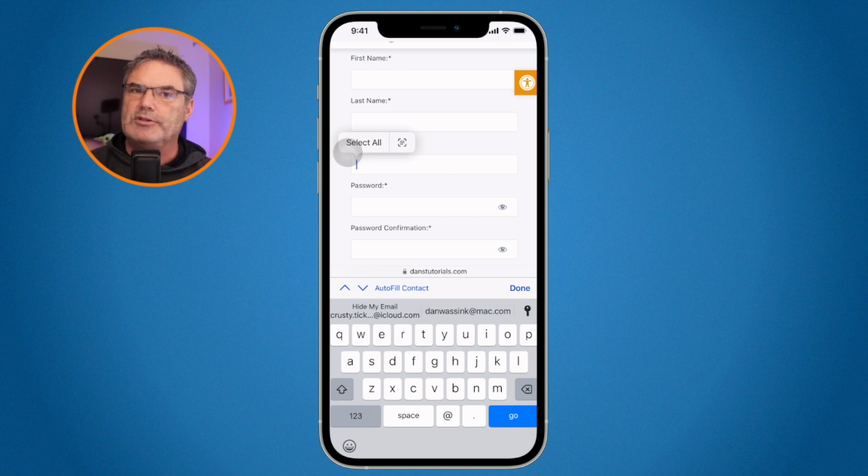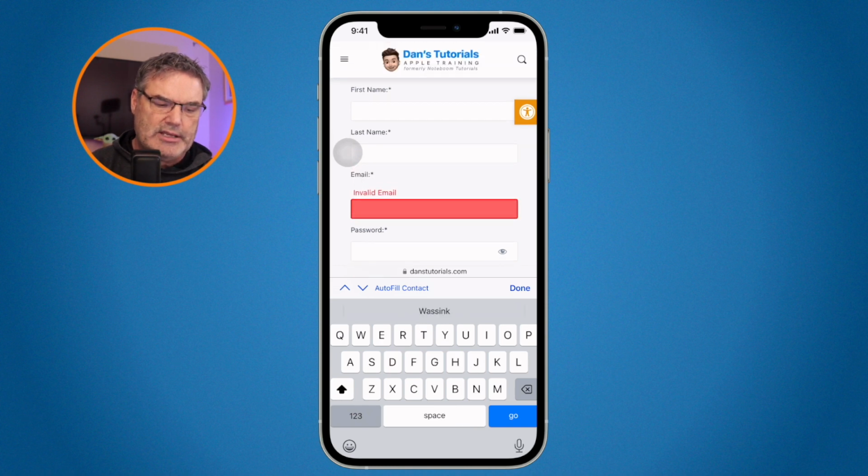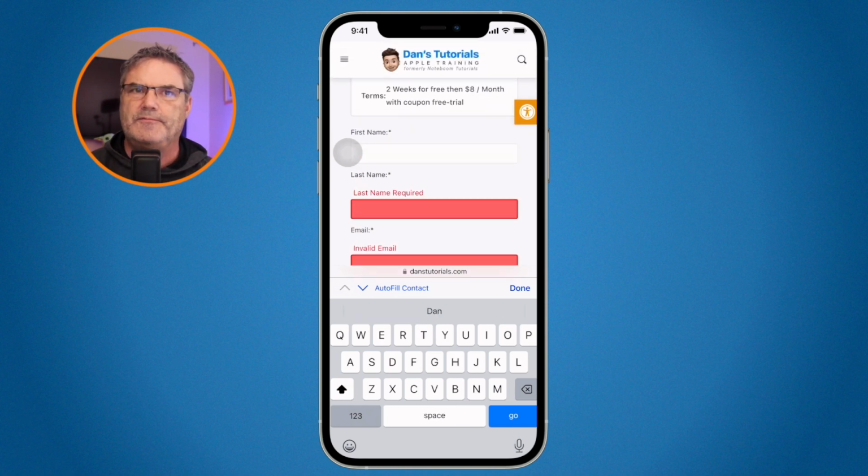This is up to the developer. There is something that you can do. When they develop a website or an app, what they can do with these fields is designate what type of field it is. If they designate it as a number field, the iPhone will pick that up and show the number keyboard. If they designate it as a text field, then it shows the standard QWERTY keyboard. So it's really up to the developer if they do that.